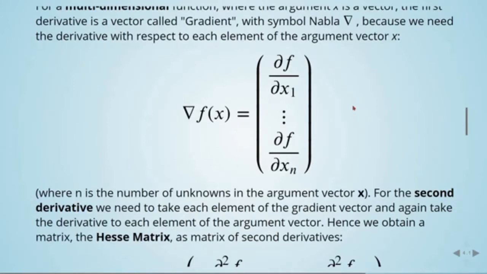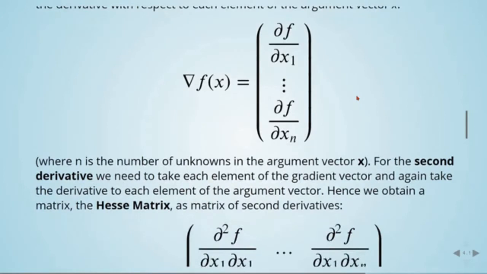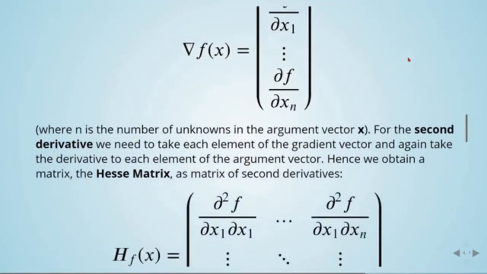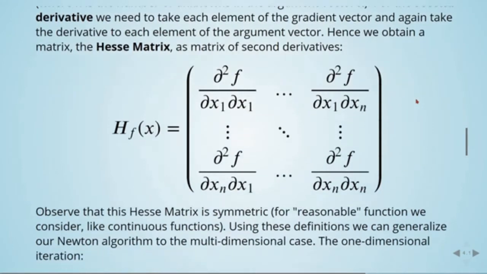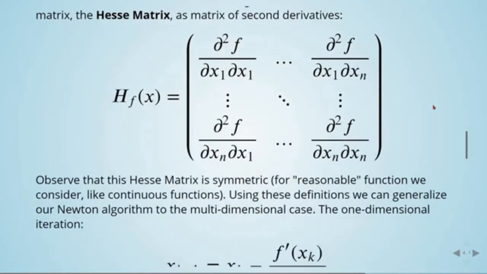For the second derivative, we need to take each element of the gradient vector and again take the derivative with respect to each element of the argument vector. Hence, we obtain a matrix, and this is called a Hesse matrix, and it's a matrix of second derivatives given here. Observe that this Hesse matrix is symmetric for reasonable functions that we consider like continuous functions, and using these definitions we can generalize our Newton algorithm to the